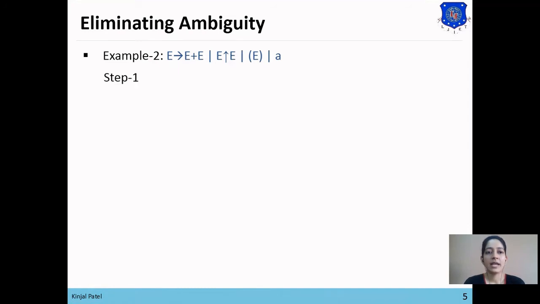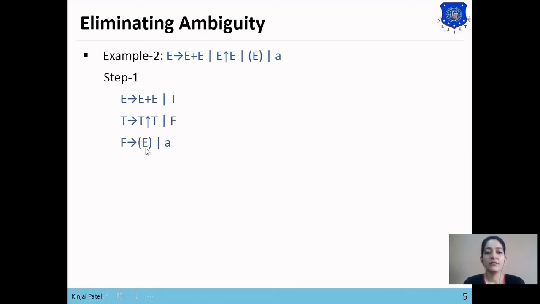So step one is to set our grammar according to the priority. At first level, we will set E produces E plus E or T. T is used to derive the second level. So our second level will be for power. Like you can see that T produces T power T or F. Now we'll derive the third level. F is used to derive the third level. So F produces bracket E or A. Here we will not change the symbol in the bracket, as bracket can derive the whole expression also.